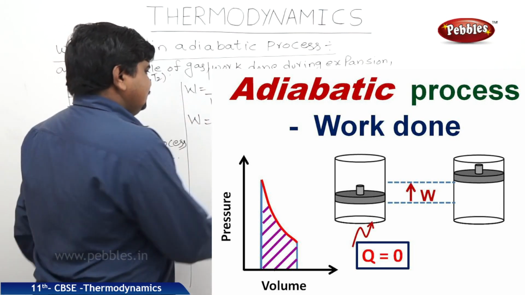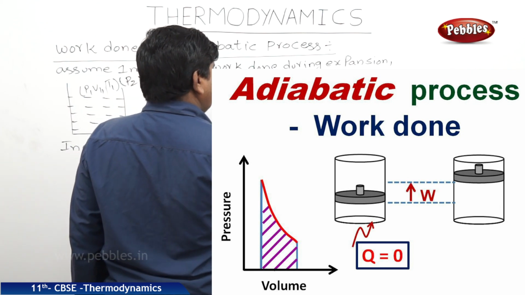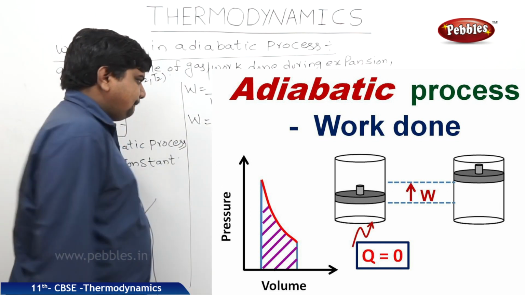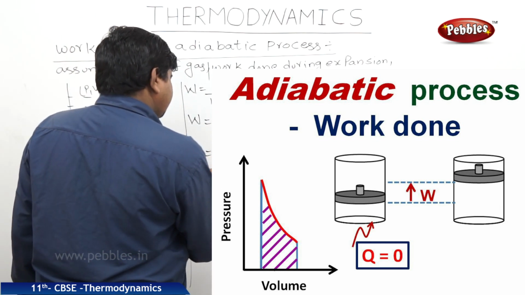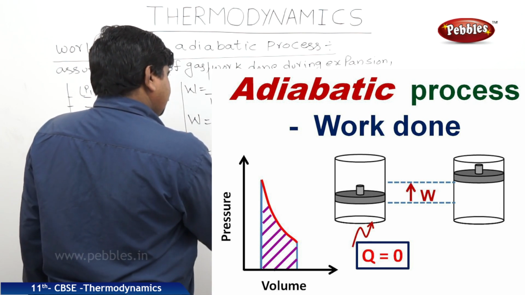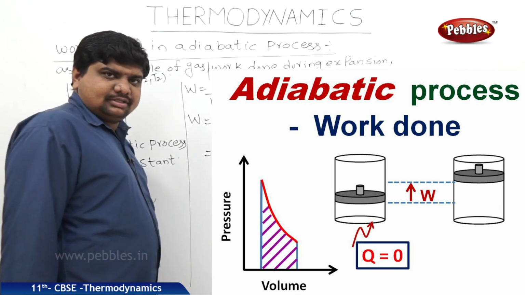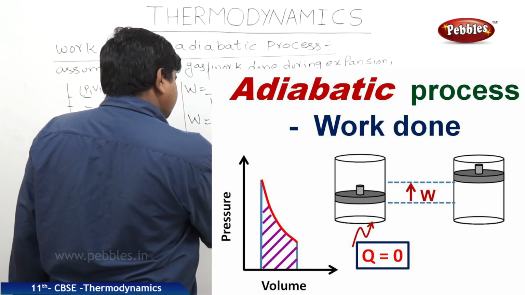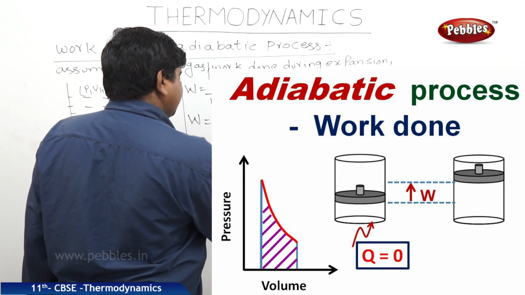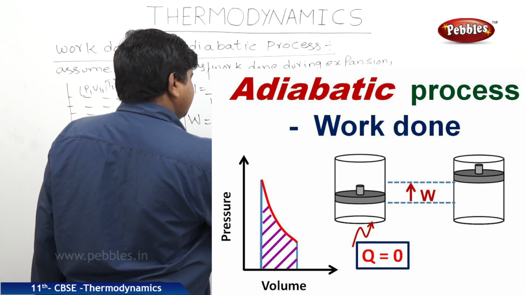Multiplied with the minus, then these values will change. 1 by V1 power gamma minus 1 minus 1 by V2 power gamma minus 1. So K by gamma minus 1 into this one will be 1 by, or we can multiply this K to the other terms which are in the brackets. So this is 1 by gamma minus 1 and it is K by V1 power gamma minus 1 minus K by V2 power gamma minus 1.